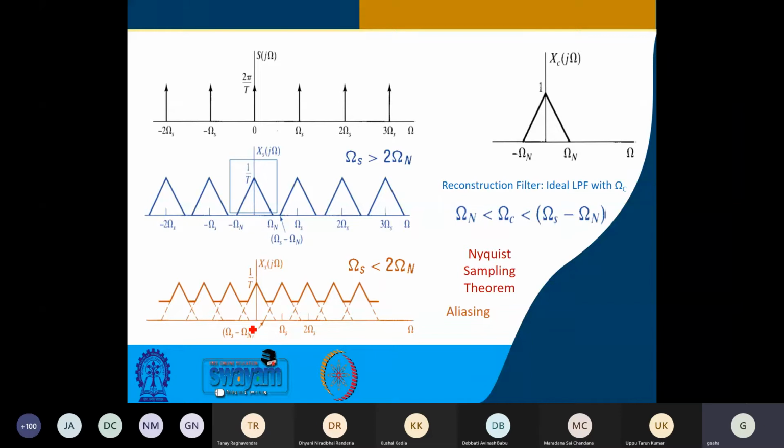Then we looked at this kind of figures by which we wanted to understand how it looks like. So basically, this is your frequency domain representation of the sampler, and then the sampled signal looks something like this, and this 1 upon T that is coming over here. And if Nyquist rate is maintained, so the original signal is band limited, if sampling rate is maintained, then there is no overlap. If not maintained, there is overlap, and this is aliasing.